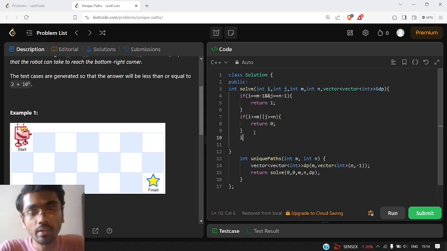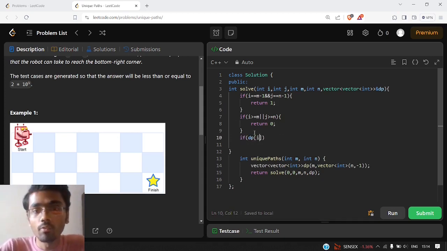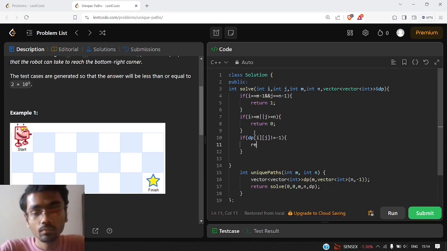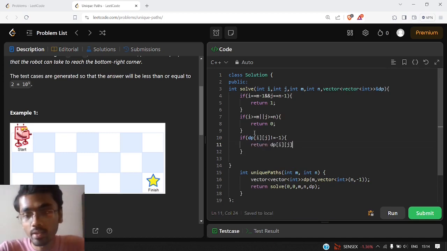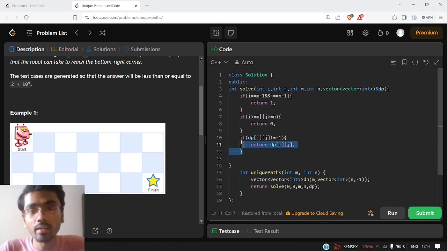And we will write a DP condition for the overlapping subproblems, so that it does not give us the time limit exceeded error. We have discussed all these things in the previous video, how we arrived at this conclusion and how we write the base cases, that's why I am directly writing these parts. So this is the memoization part for the overlapping subproblems.